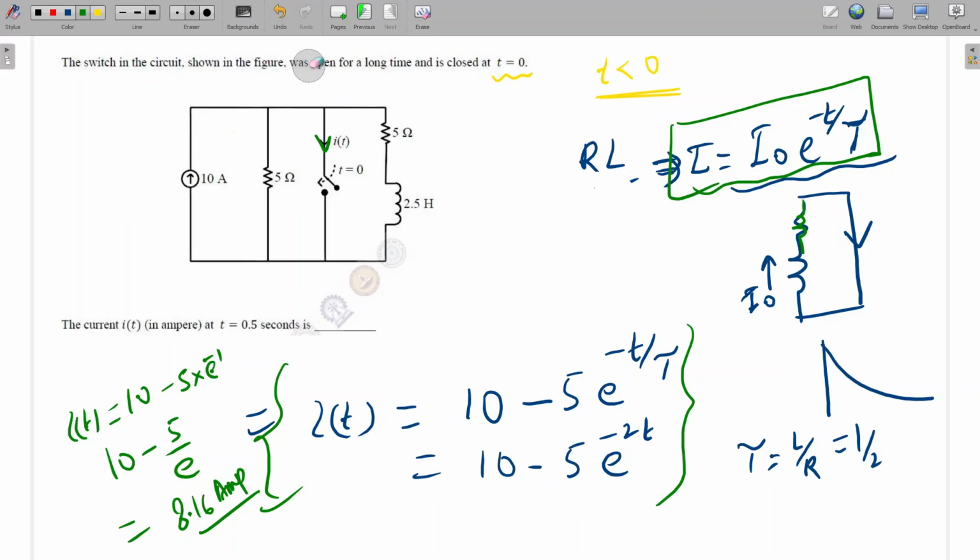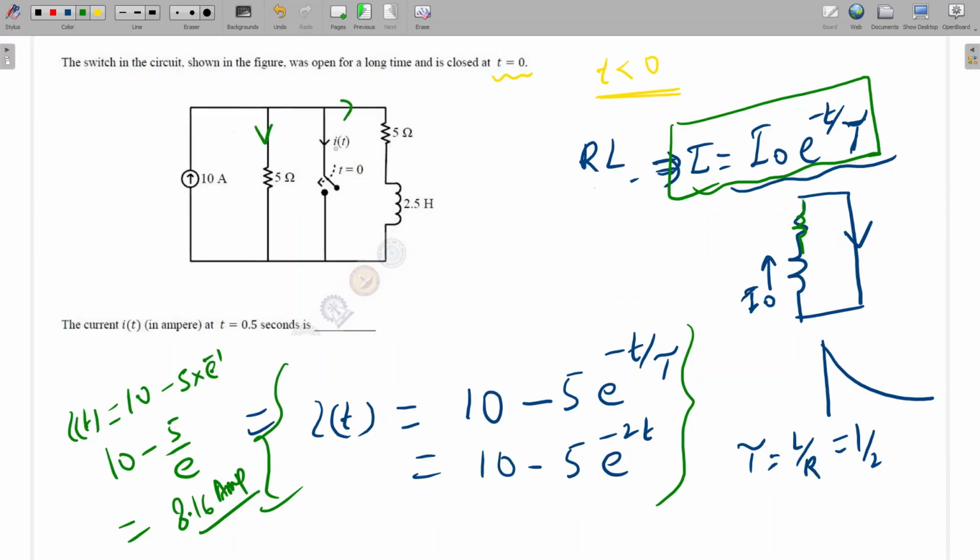Sir, in the question it was said that the switch was open for a long time and then it is closed at t equal to 0. Is there any initial condition for the inductor in this circuit? Yes. Switch was open means this will be open, but this current is here. So for t less than 0, the switch is open, which means for infinite time this current is present from before. So the inductor will be shorted, and this current will be divided in